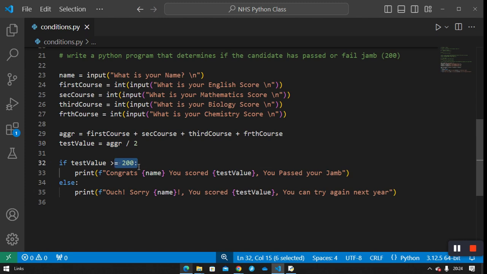or greater than 200, it prints the person's name and calls the test value, which is the score, and tells you pass your JAMB. But if it's not like that, it calls the person's name and says, ouch, sorry, this is your test score, the test value. You can try again next year. So if you run this,